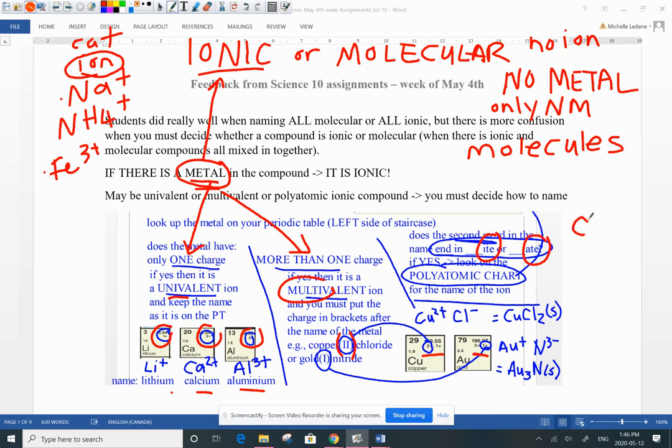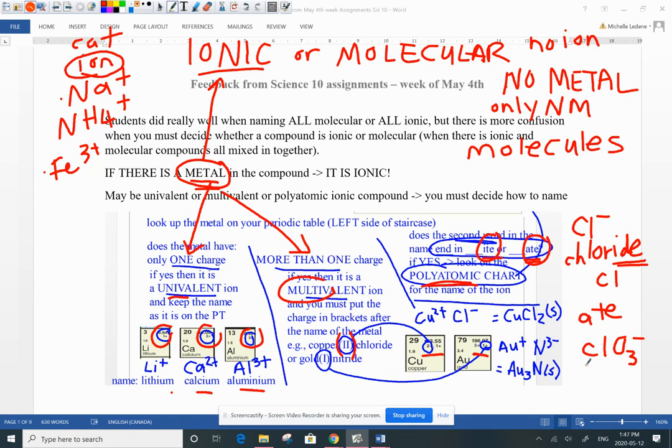Is it chloride? Well, this guy is the element Cl. Chlorine becomes chloride. Or is it chlorite? Well, when I see an ITE ending like this or an ATE ending, I know I have to go to my polyatomic table at the top of my periodic table. If it's chlorate, well, that has a different chemical formula. Chlorate is